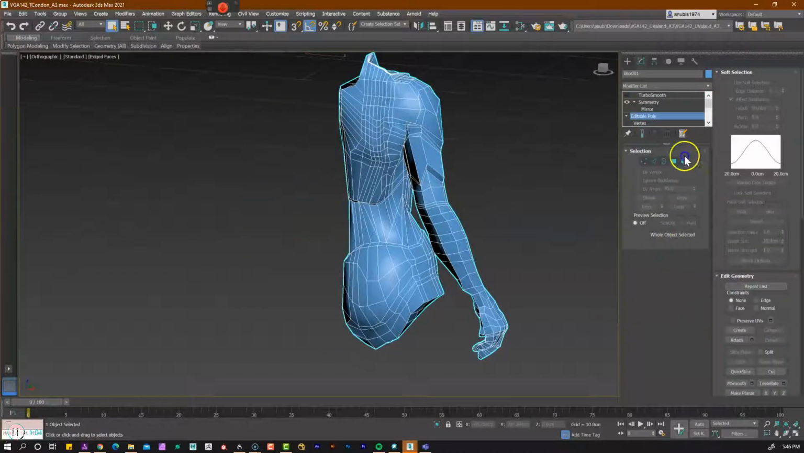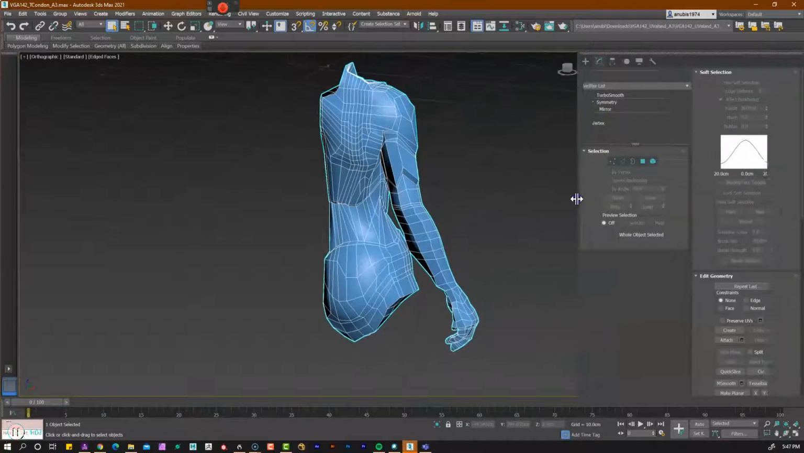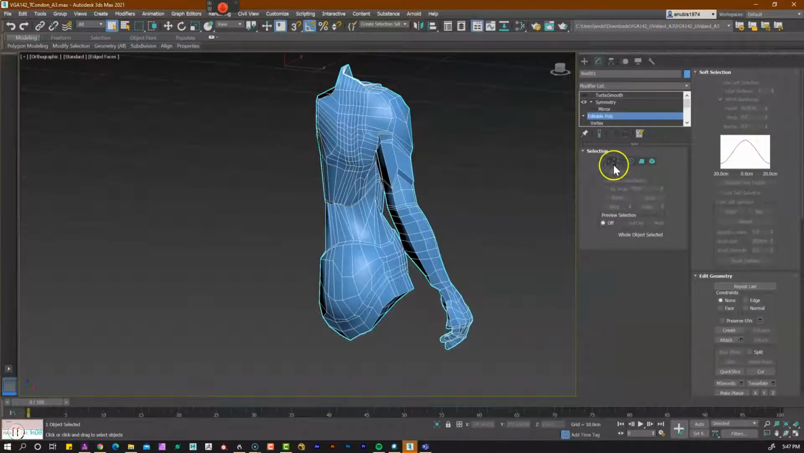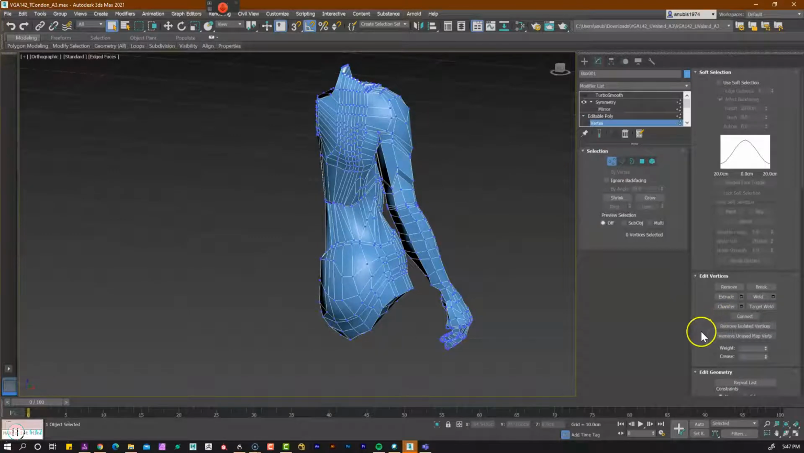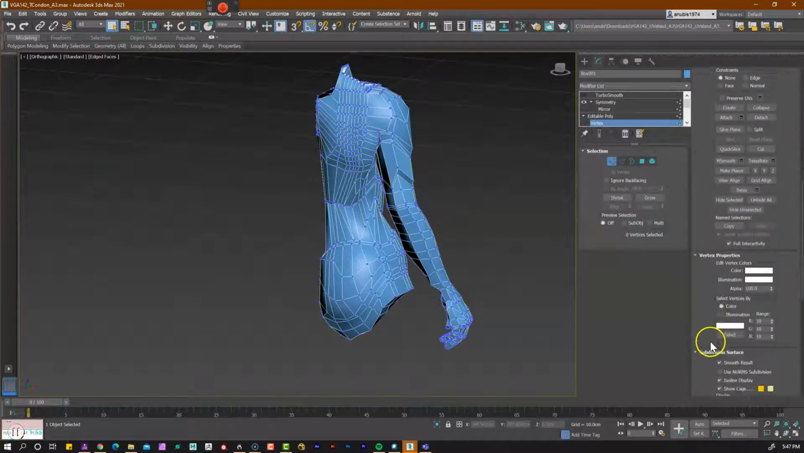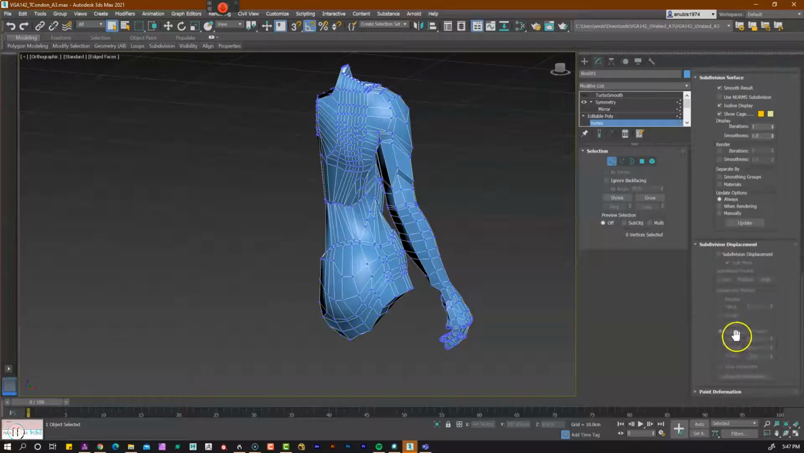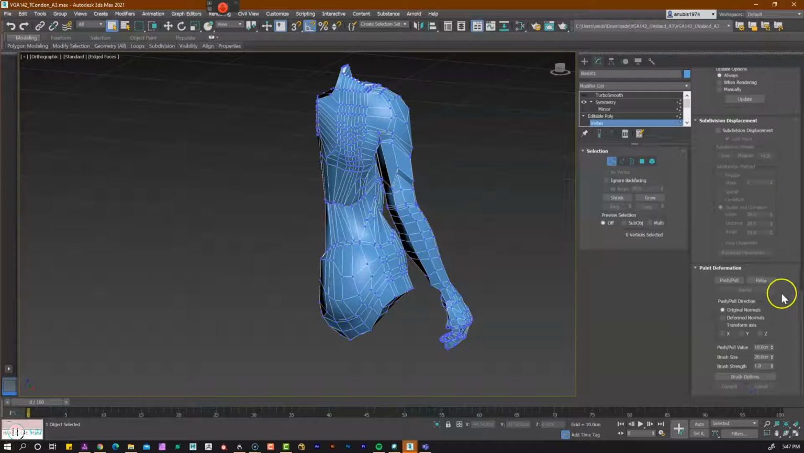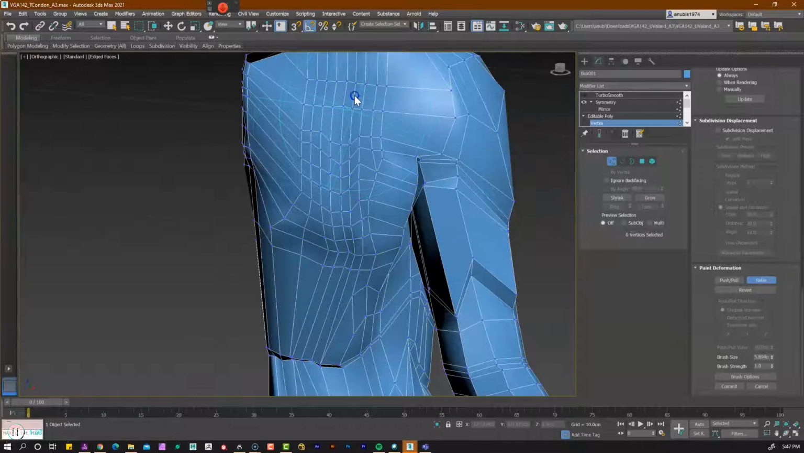If I go to the geometry, the editable poly, then select, I'm going to go to the very bottom. Here it is. Paint Deformation, and there's a relax button that you can turn on. Let's make it a little bit smaller though, because it's pretty big. So the size, let's make it about, that's too small. So let's go 4 or 5. 5 looks okay. And then when we